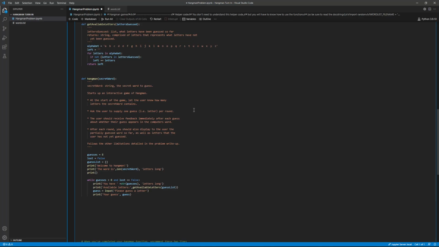And then now I need if statements for what happens in the game for if I got a correct guess, a wrong guess, or I guessed something that I've already guessed before. So first I'm going to start with a correct guess, and what I'm going to just say is if the guess is in the secret word and it's not in the guess list. So if your letter's in the secret word and you haven't already guessed that letter, so if guess is in secret word and not guess in guess list, then what I can do is just say print that's correct, and the word so far is,